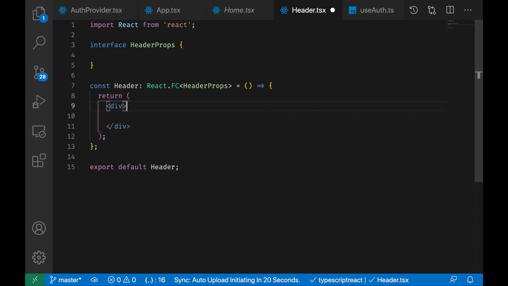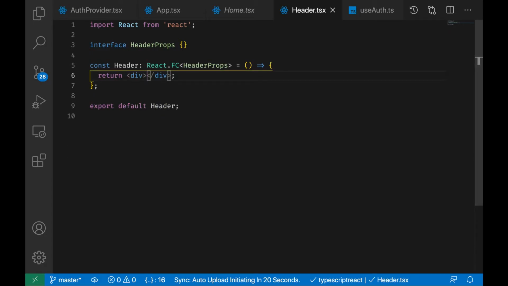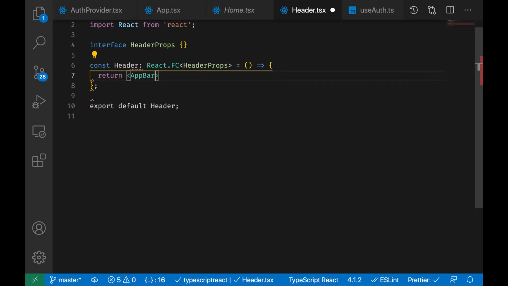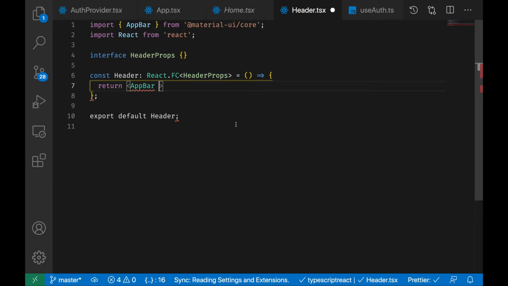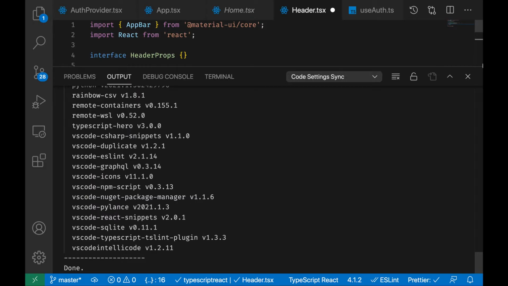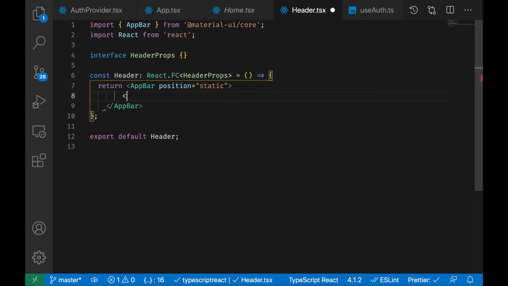Let's make the text even a little bit bigger. So first of all, we're going to insert an AppBar, and we take it from Material UI core, and we can give a position of value static, so it's going to stay at the top and not move with the rest of the app. Then we're going to have a Toolbar,